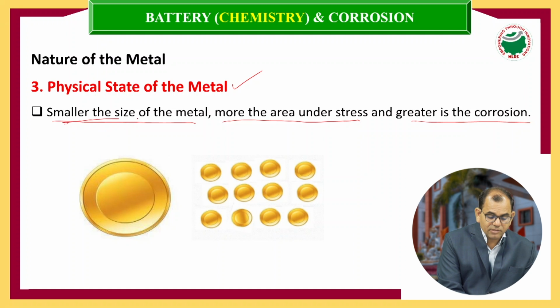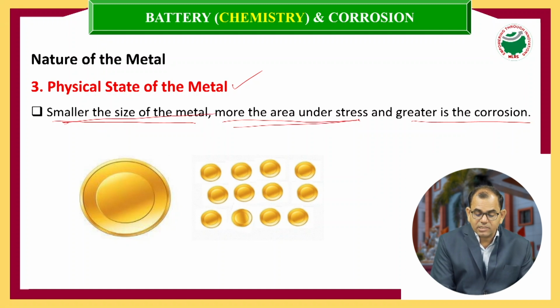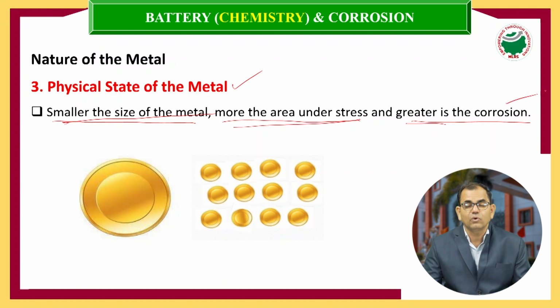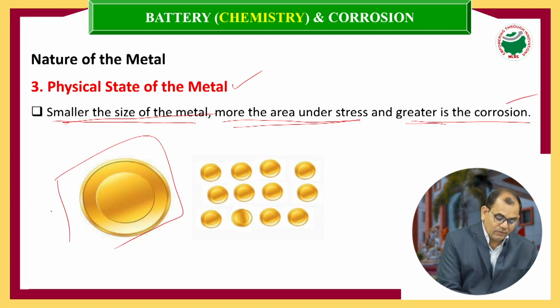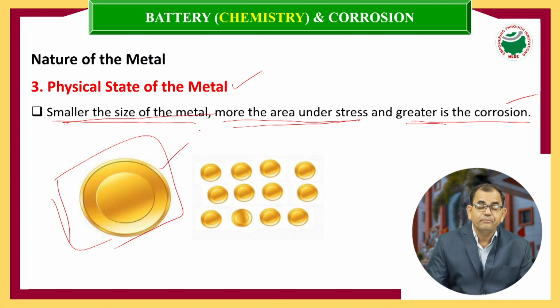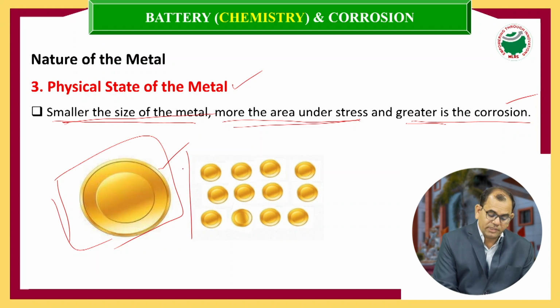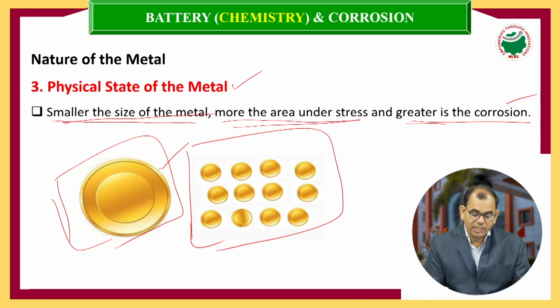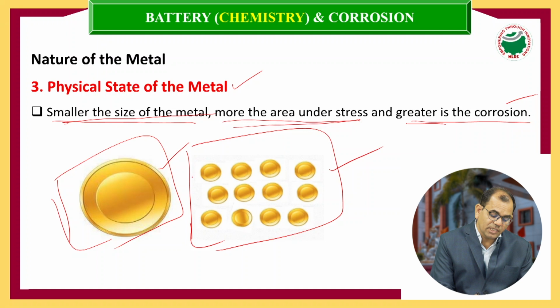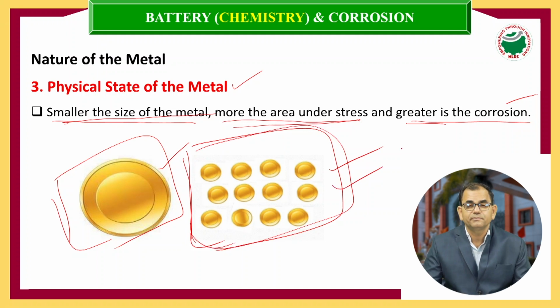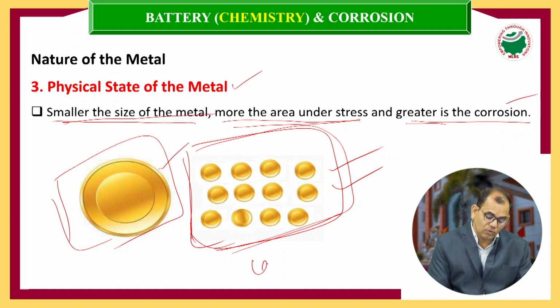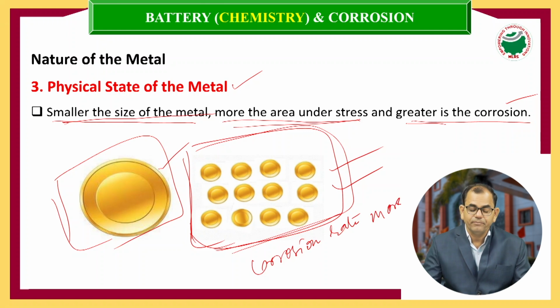Now, the smaller the size of the metal, the greater the area under stress or exposure, and corrosion is more. Here we can see there is a single particle or single metal. When we chop it or break it down, okay, the surface area has increased, the particle number has increased. So, surface area increased means exposure to atmosphere is more. So, exposure to atmosphere more means corrosion rate is more. Okay. So, the more the exposure of metal surface to atmosphere, the greater the corrosion rate. Okay. Now,